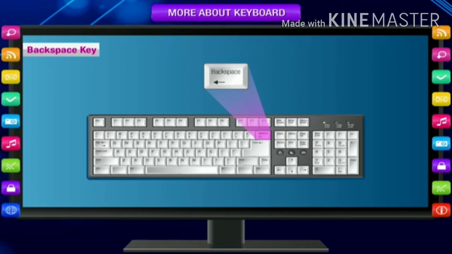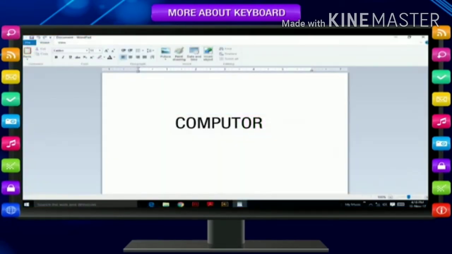For example, to correct the spelling of COMPUTOR instead of COMPUTER, take the cursor after the letter you want to erase, after O. Now press the backspace key to erase and type E in this place. This way you can correct the spelling of computer.